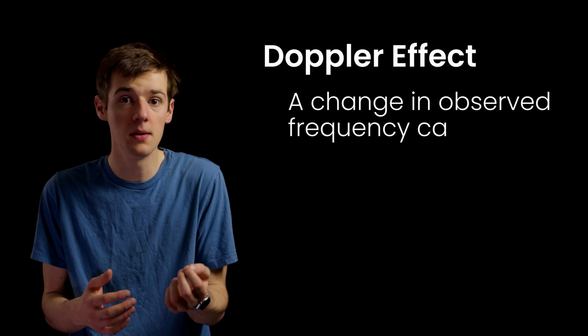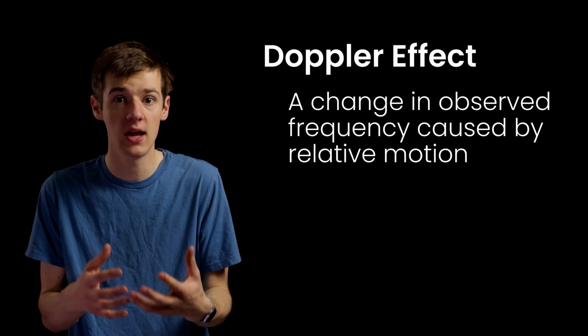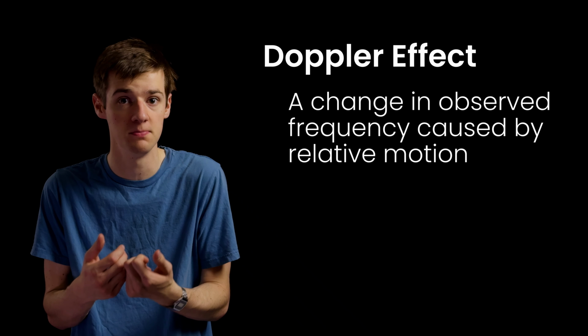The frequency of light we observe emitted by a moving object changes depending on how that object is moving relative to us. A light source moving towards us has a smaller wavelength than one that's stationary, even when they're emitting the same frequency of light. When it's moving away from the observer, the wavelength gets longer. I won't nitpick the technicalities, but basically the peaks and troughs get compressed or expanded depending on how the light